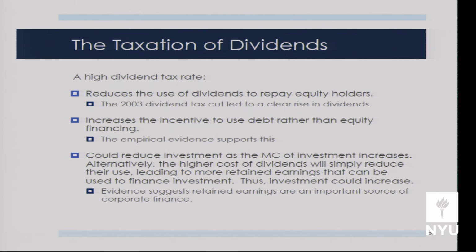A 2003 study by Saez and Chetty, Saez of the Piketty-Saez article you read, found that when we cut the dividend tax rate, a lot more firms paid out dividends, and firms that had been paying dividends paid larger dividends. So cut dividend tax rates, you get more dividends. In fact, they found that if your investors were more likely to be taxable, i.e. not non-taxable entities like pensions, you were even more responsive to the tax cut in terms of payouts. That's exactly what we would expect to see. Where the tax change would have the biggest effect, we see more of a reaction. Okay, so cut the dividend tax rate, we get more dividends.